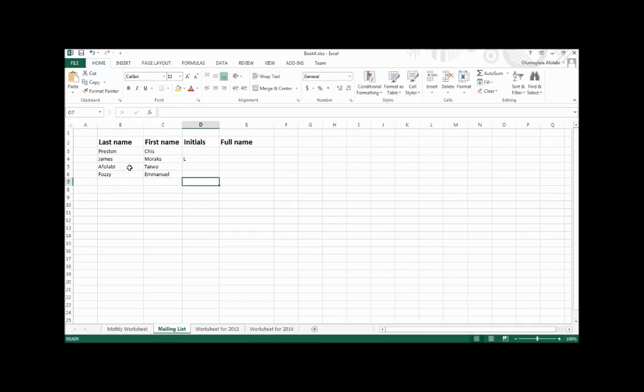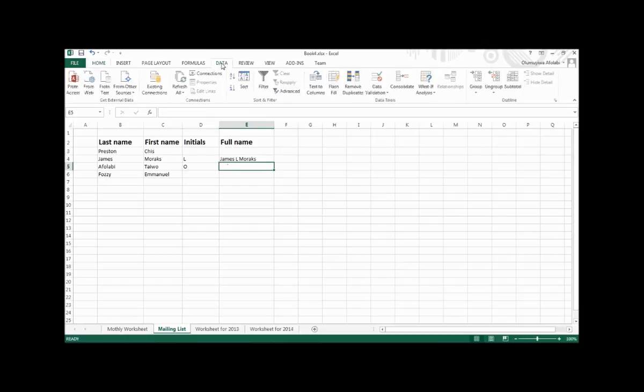Okay, here at the full name list, I edit the value to read James L Morax. What we're gonna do here is to go to data. I want to use the FlashView here, so we select this and click the FlashView. Did you see that? Let me do that again. Now that I have this, we have James L Morax.